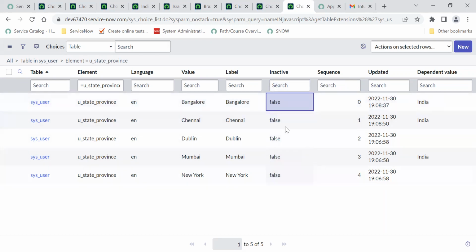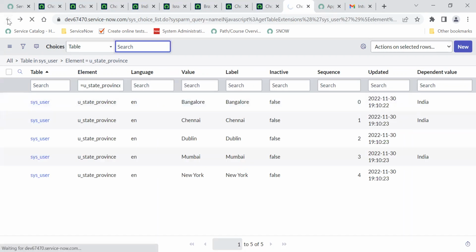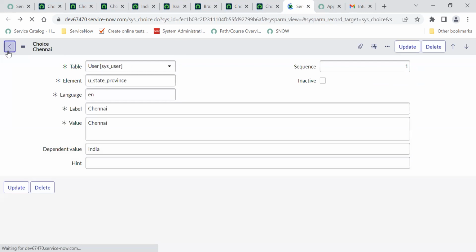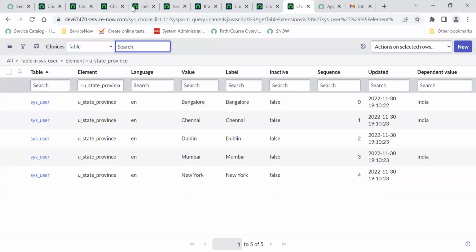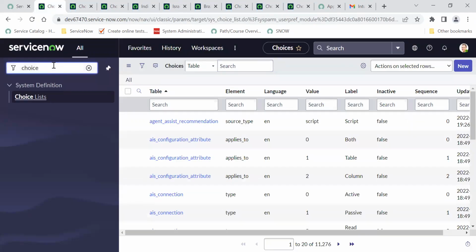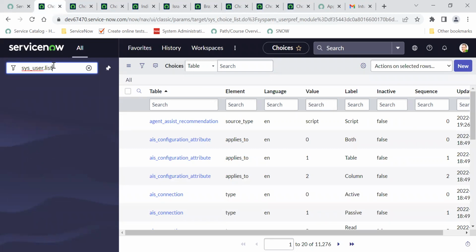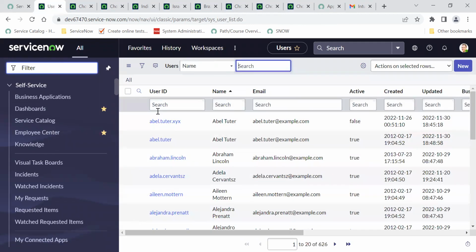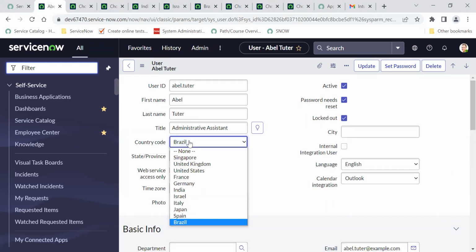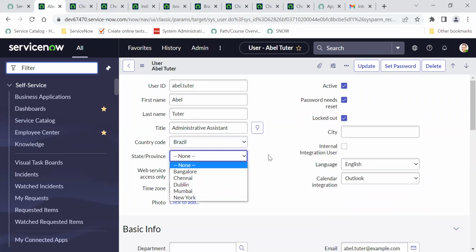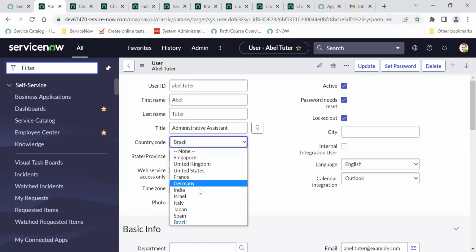So you understood how you can update in list view, right? Yes, Kavya. So now we have updated the dependent values here. So now we'll go back. We'll see how that is working. Let me just directly open from here. I'll open any user record. So here for Brazil, it is showing all the values for Brazil. If I select India,